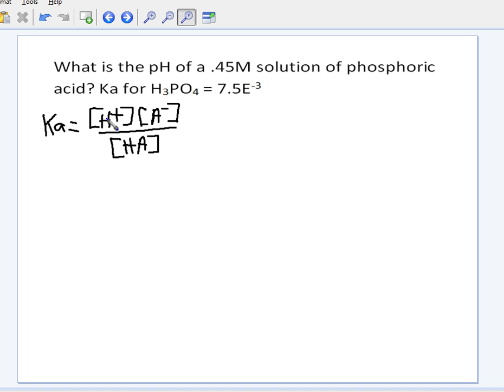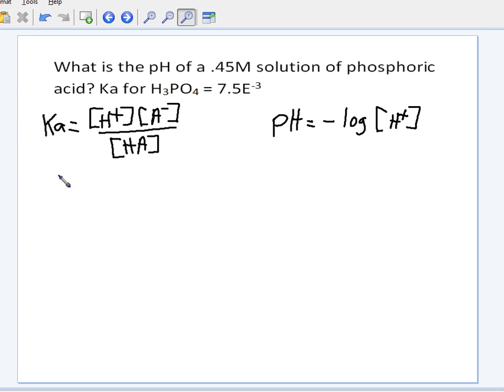But what you should remember is that you can get pH by using H plus, because pH is equal to a negative log of the H plus. So if you could find H plus from this equation, you could plug it in over here in this equation and get the pH. So first thing that you should realize is that you know Ka, you know the solution